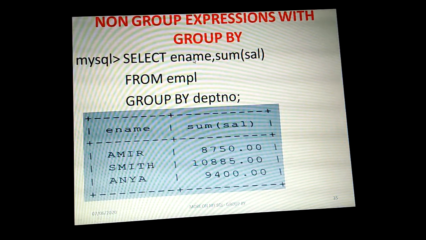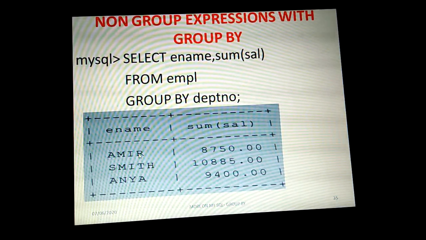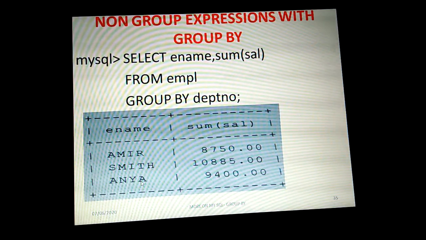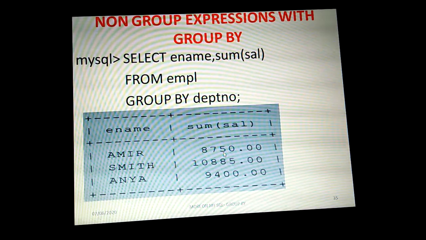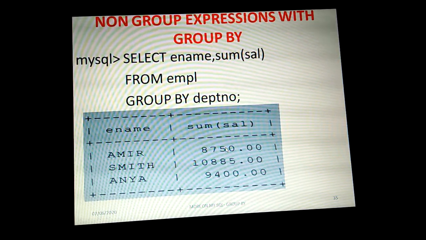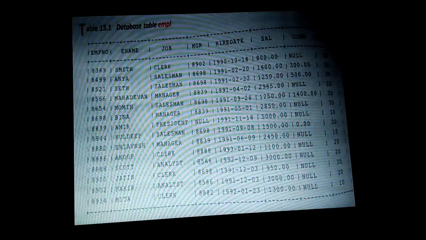Here for department number 10, the first employee name is Amir. Similarly for department number 20, the first person's name is Amit, and for department number 30, the first person's name is Anya. For department 10, the sum of salary is displayed, not Amir's salary alone. Totally, for all employees under department number 10, those employees' salaries are added together and displayed here.